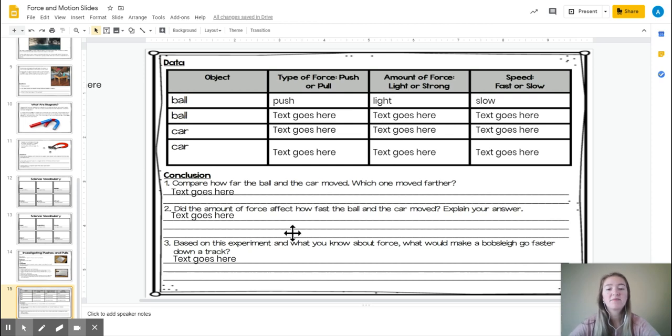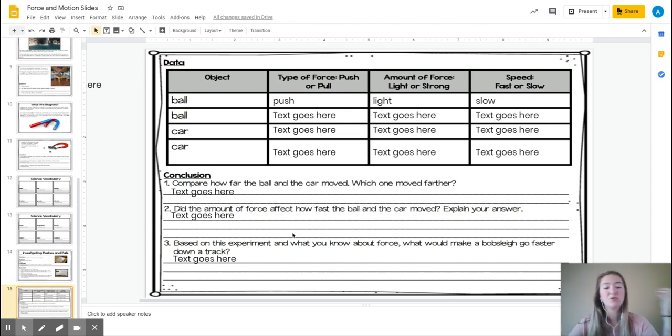Number 2, it says, did the amount of force affect how fast the ball and the car moved? Explain your answer. So did the amount of force I put on it, did that affect how fast the ball and car moved? And number 3, based on this experiment, what you know about force, what would make a bobsleigh go faster down a track? If you don't know what a bobsleigh is, Google it. See how do they push it? Do they pull it? And then tell me how would you